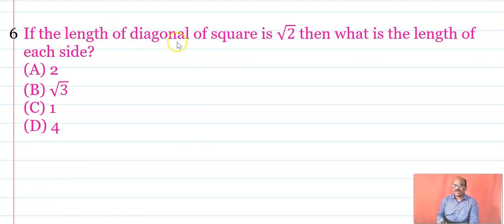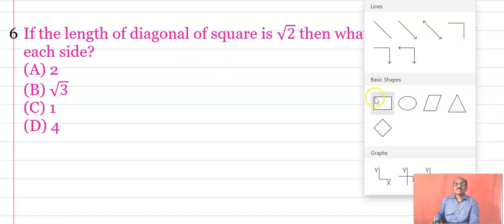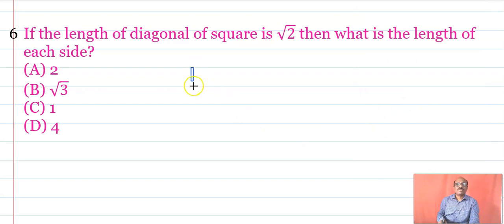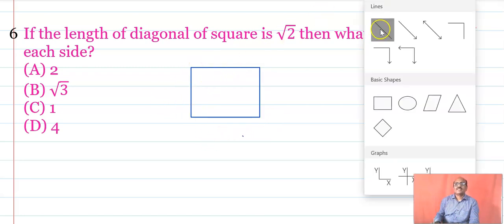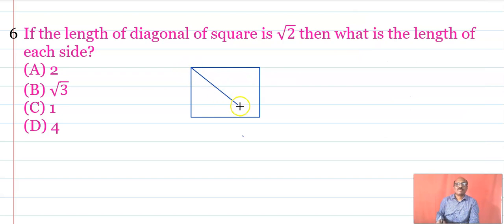Next question. If the diagonal of a square is root 2, then what is the length of each side? आता इथे बघा, if we draw this as a square, okay, and this is the diagonal, and what is its length? Its length is root 2,